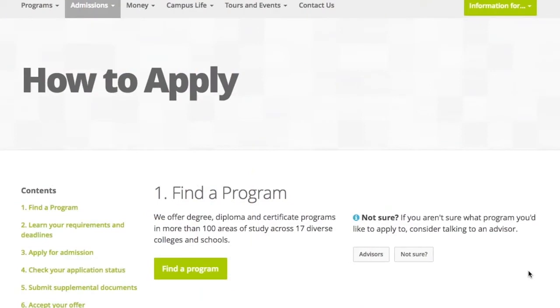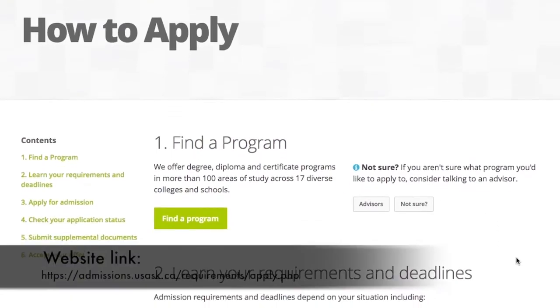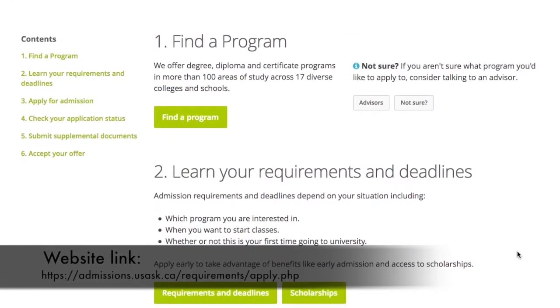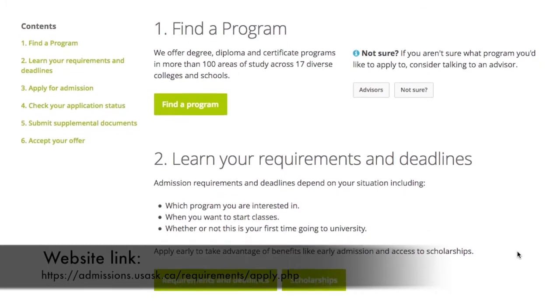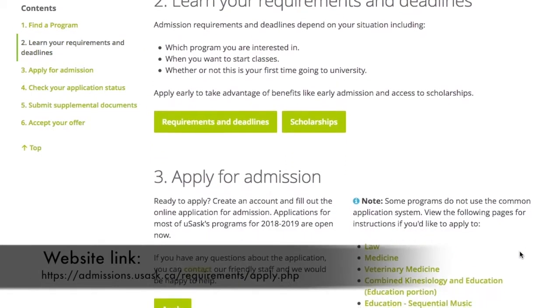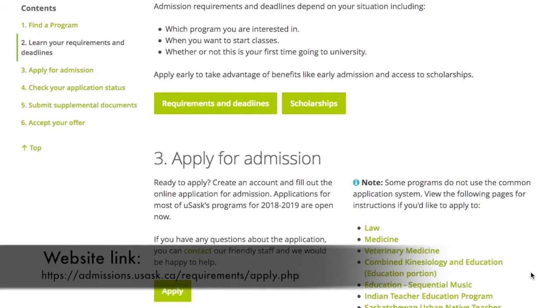This is University of Saskatchewan's online portal where you can apply online, and it guides you through how to apply for your admission. The first step is to find a program of study and then learn your requirements and deadlines, and just collect all the required documents after reading the requirements, and then apply for admission. It's very easy to apply online. So you just need to create an online account, and upload all the documents, and then you can apply